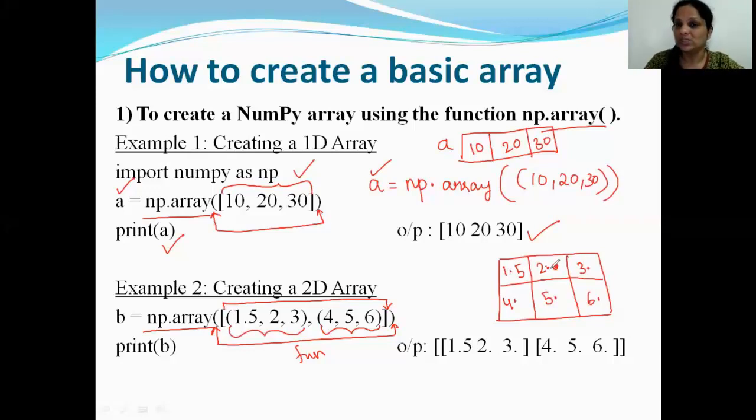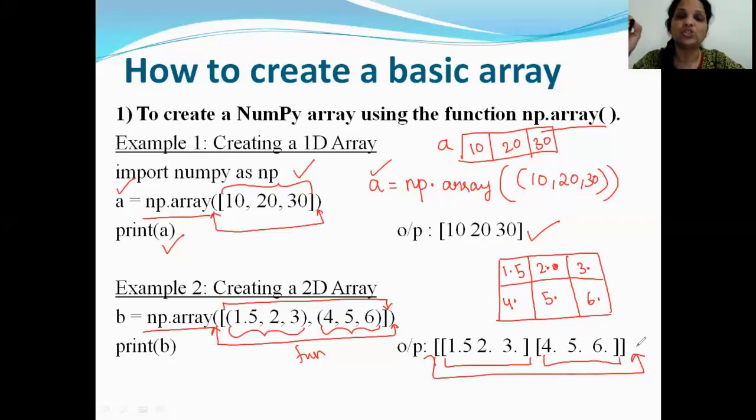Now in the display, can you see apart from the square bracket that comes out, it's also showing me individual square brackets? Yes, it will show you a pair of square brackets for each row of your 2D array. Is that clear? The displaying will always be in square brackets. But like I told you, when you were creating the array, you could use the list structure, that is the square bracket, or you could use the tuple, doesn't matter.